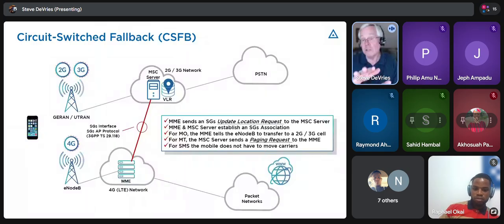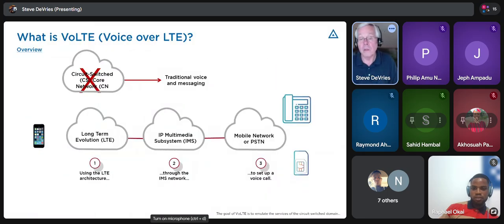This is a short term solution because eventually these mobile network operators are going to get rid of their 2G, 3G. The long term is get rid of 2G, 3G. Once you get rid of second and third generation mobiles, you have to handle voice and circuit services in a different way. The way you do that is this.